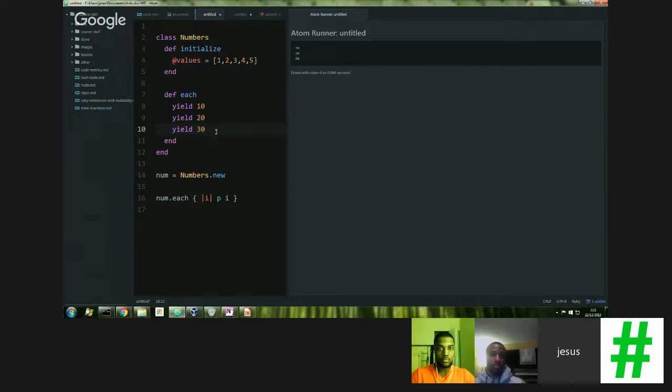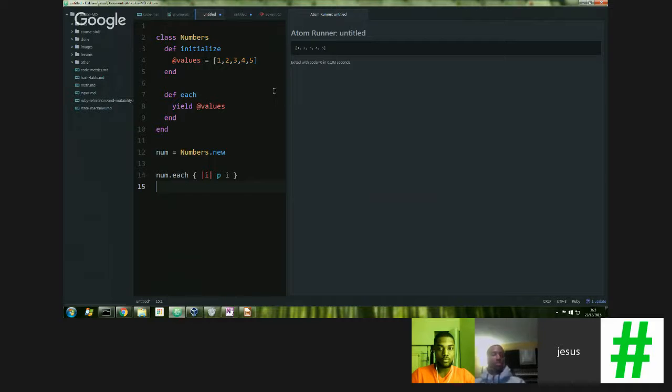Okay, so let's now think how we can change this to print our array. And our array is here on the values. So let's try this, see what happens. What happens here, as you can see on the output, is that the yield is returning the complete, the full array. So we have 1, 2, 3, 4, 5, but we don't want this because each works with one